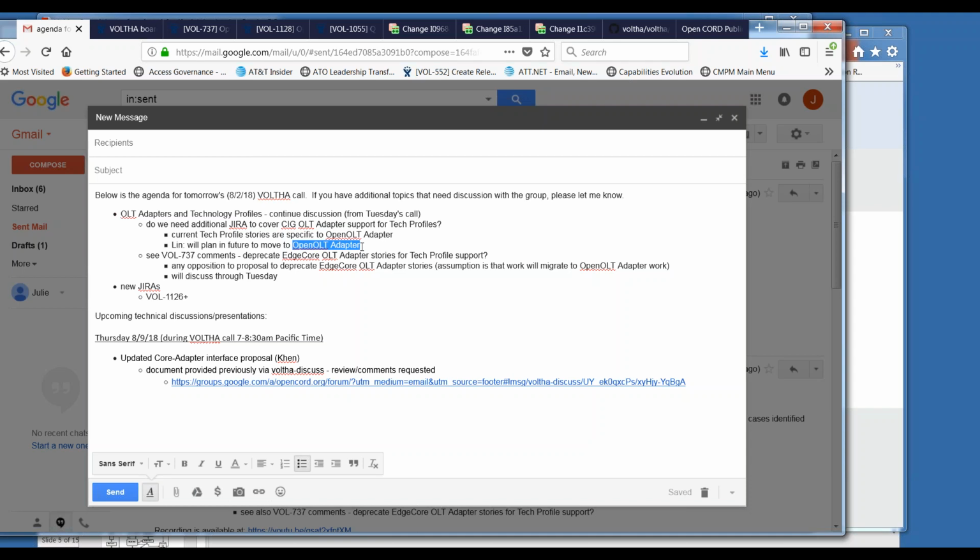So it could be a phased approach. I'll have you work with me to get your thoughts captured correctly here before we move on. But it sounds like you want to at least investigate towards using the OpenOLT in the future.